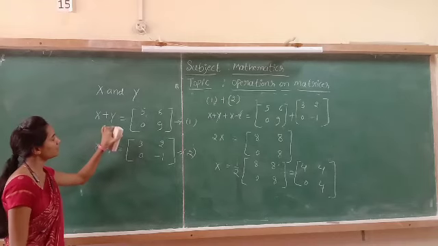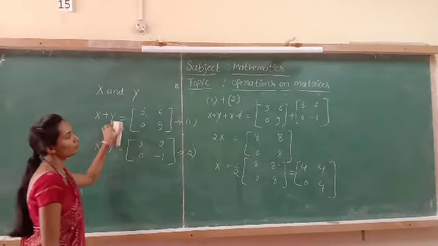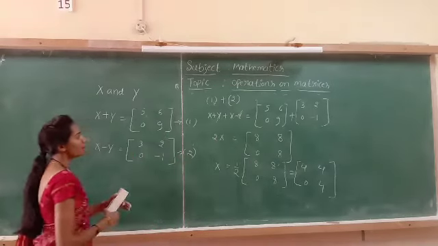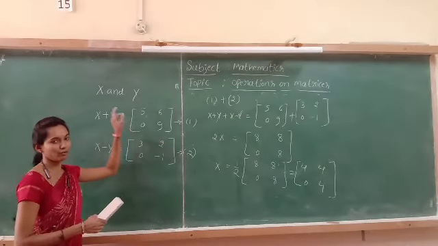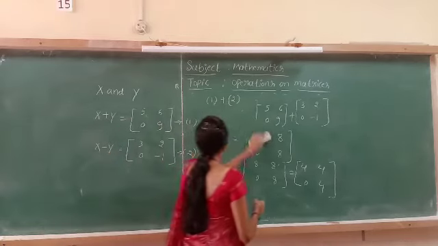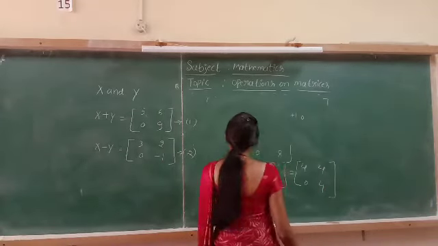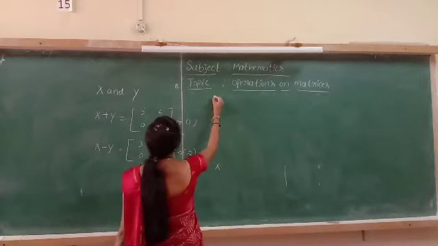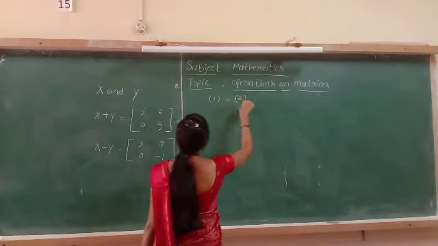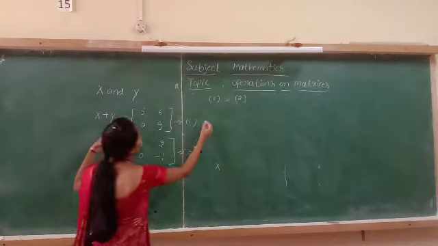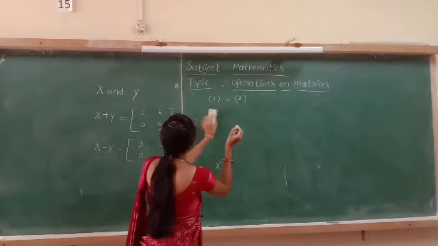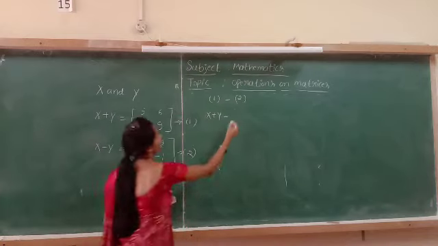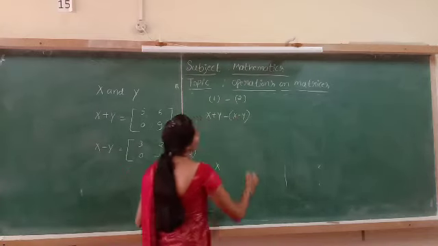Similarly, we can calculate the capital Y also. First we added these two equations. In the second case, we are subtracting these two equations, then we get the value for Y. So look at here. Equation 1 minus equation 2. Again, on the left hand side, X plus Y minus of X minus Y. This is the left hand side.